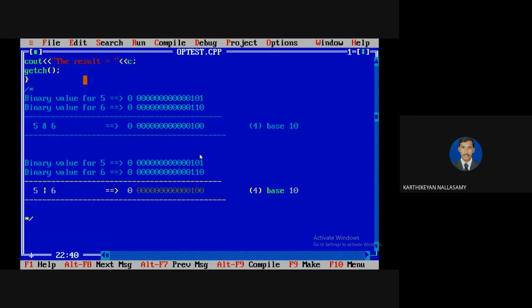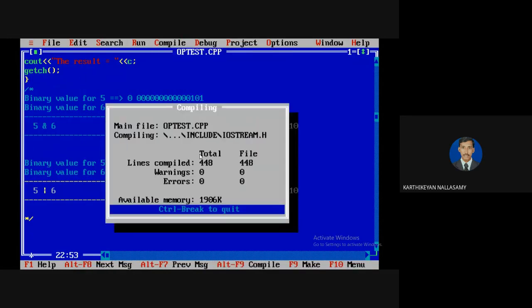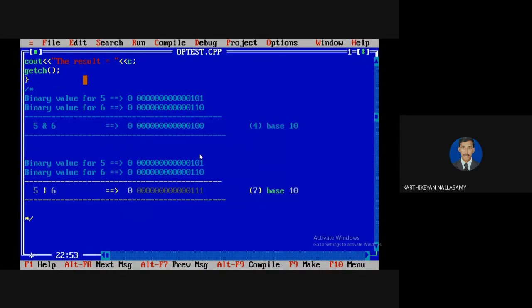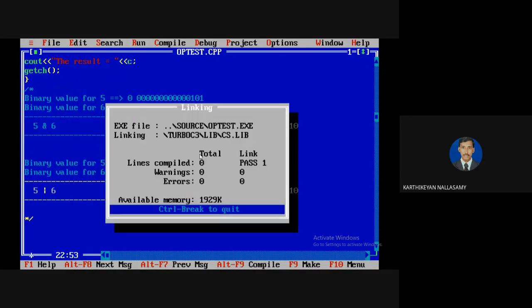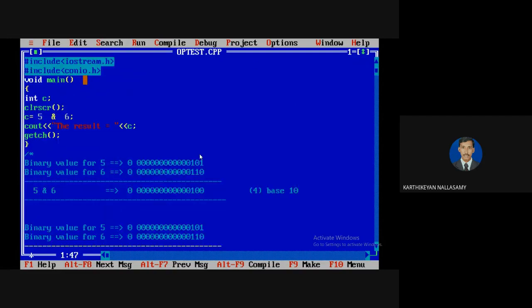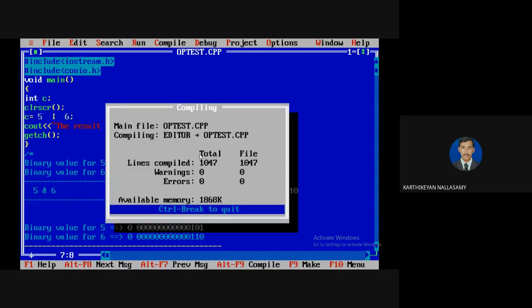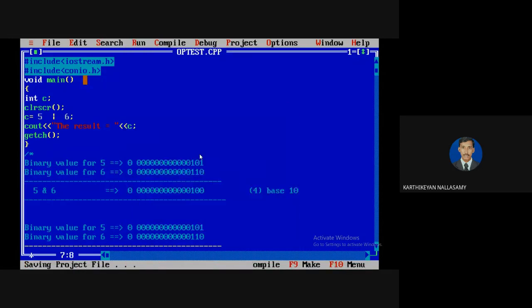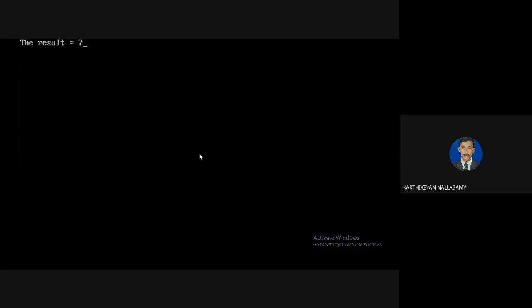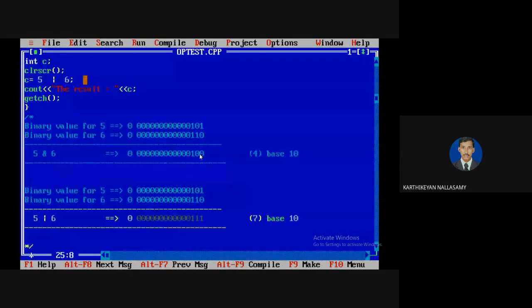We're applying the OR operator, only the 0 or 0 gives 1, but only the changes on the last value and 1, 1. So that it is 7. Now compile. I'm going to run this. Sorry, I didn't change the operator here. So I'm going to change it now and run this program. It is 7. So now this is for the OR operator.